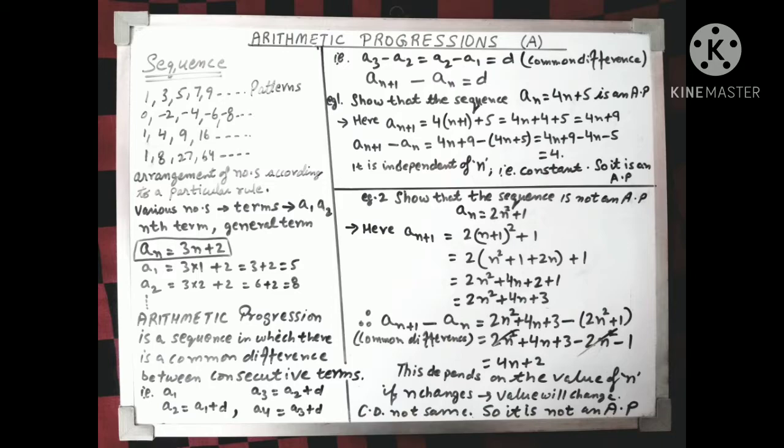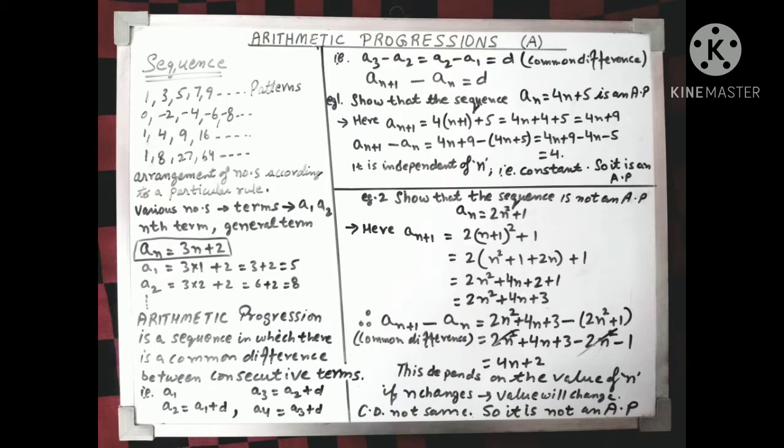Now here in the answer we are having n. That means if the value of n changes, this difference will change. So we are observing that this difference between the consecutive terms is not independent of n, therefore it will not be constant. So we will say that the given sequence is certainly not an AP. I hope you got it clear now. You may listen to the explanation once again and you will get it more clear.